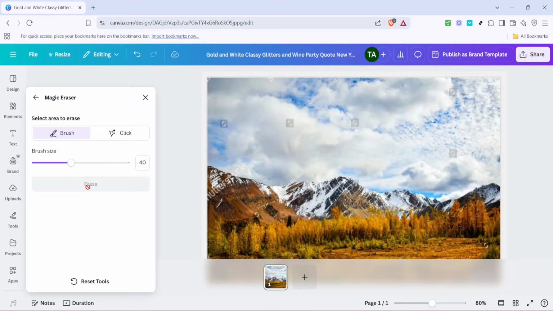And there you have it, a beautifully cleaned up image, free of unwanted distractions, ready to be used in any of your creative projects. Utilizing the Magic Eraser tool is an excellent way to maintain the professional quality and visual appeal of your